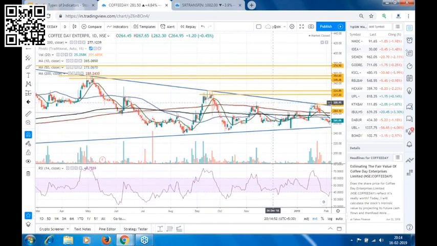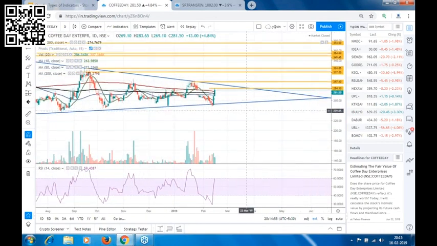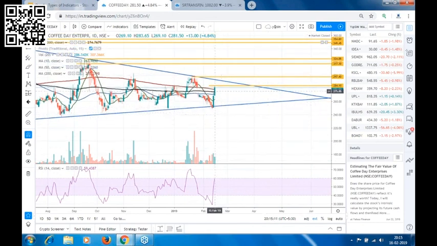So one stock that we can keep on radar is, this is a cash stock. Coffee Day is looking good to me because this is bouncing from the support of the trend line, and also this has crossed the moving averages and closed above the 200 period moving average. So once the high of this is broken, say around 283.65 is the high, I will take a trade above 285, and 295 to 300 will be my target. We can keep this on our watch list. This can be your trade from support.